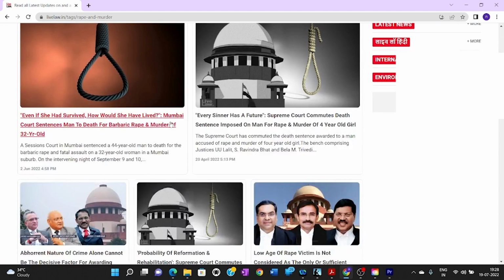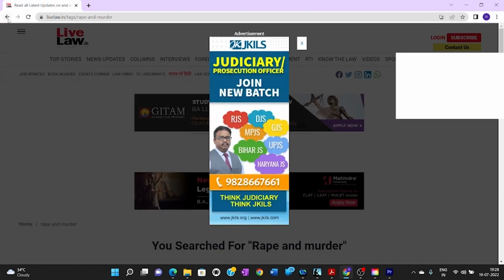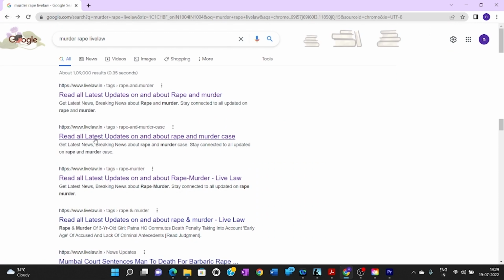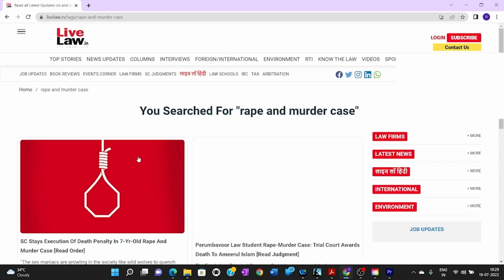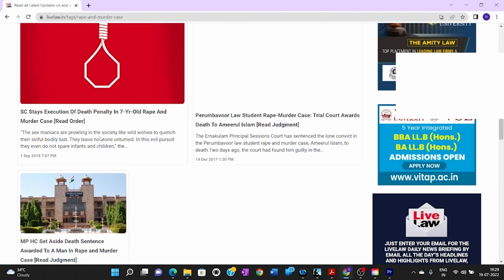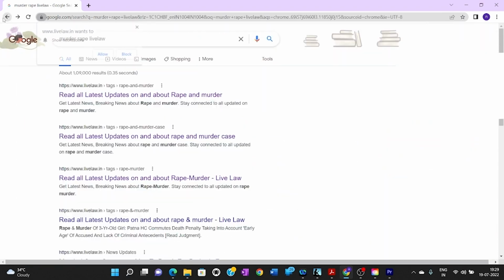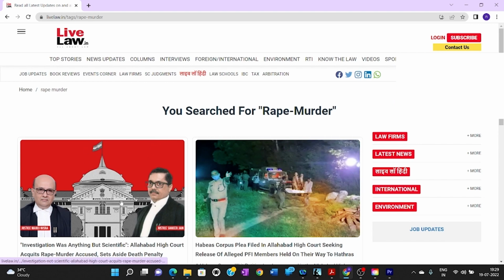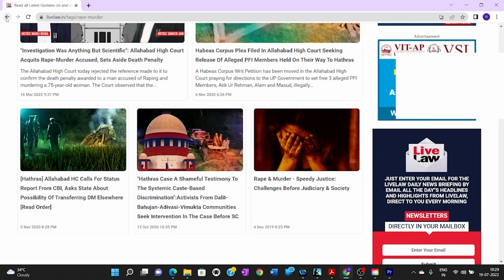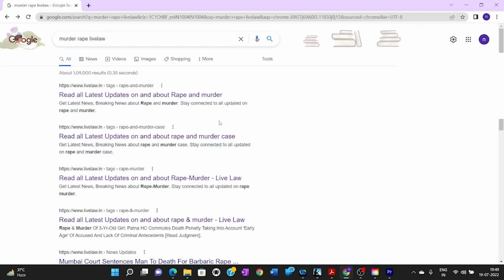and we can read the article, then go back, then click on the second link, then we will read the article and then go back, then click on the third link, then we will read the article and go back. So instead of opening one link at a time, we can open all the links in parallel tabs by pressing